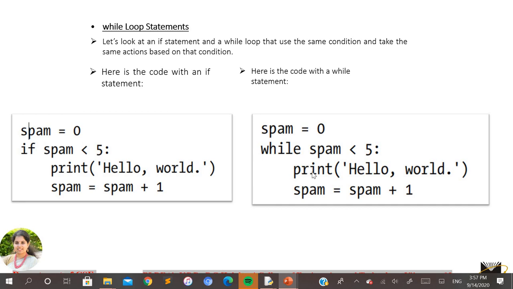So it is saying that these two statements have to execute until and unless this condition fails. That's why the while loop is said to be an infinite loop. Why? Because you cannot say theoretically how many times the while loop, or these two statements, are going to be executed. You can just tell that these two statements are going to be executed until and unless this condition fails here.